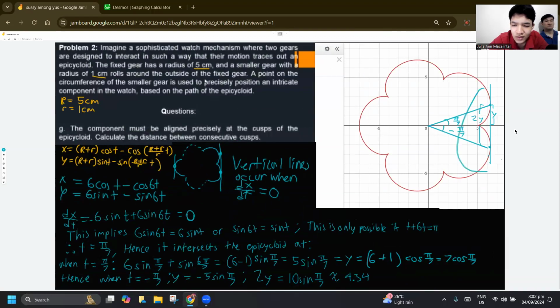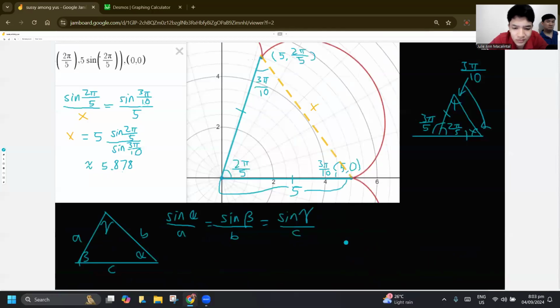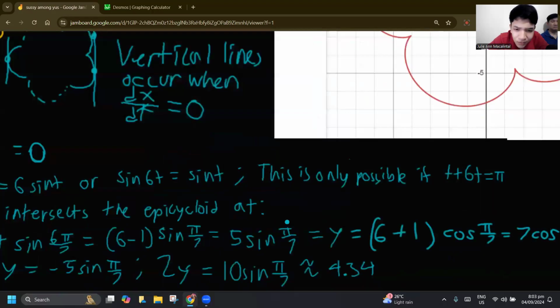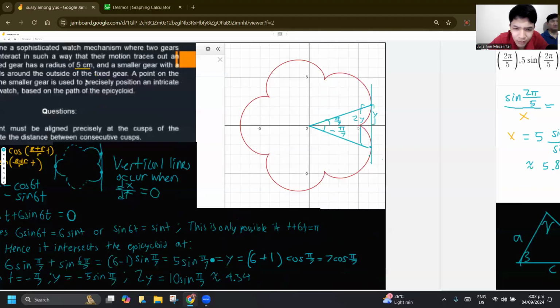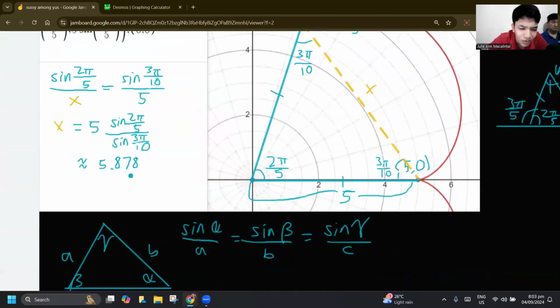This is the first interpretation, where the distance is outside of the epicycloid, as in if you wrap a belt over the epicycloid, and here it's from inside the epicycloid. So for the first solution, the answer is approximately 4.34, which is 10 sine pi over 7. And then for the second solution, it's approximately